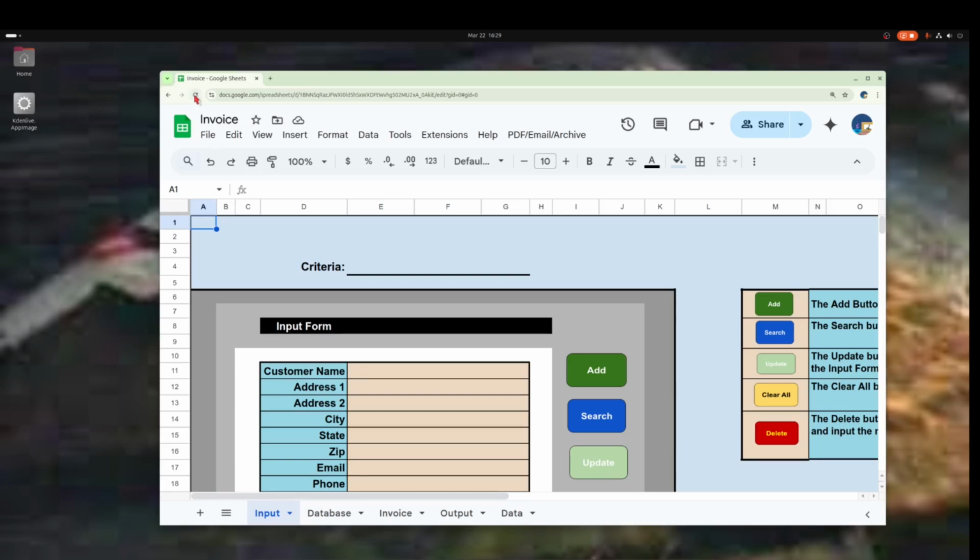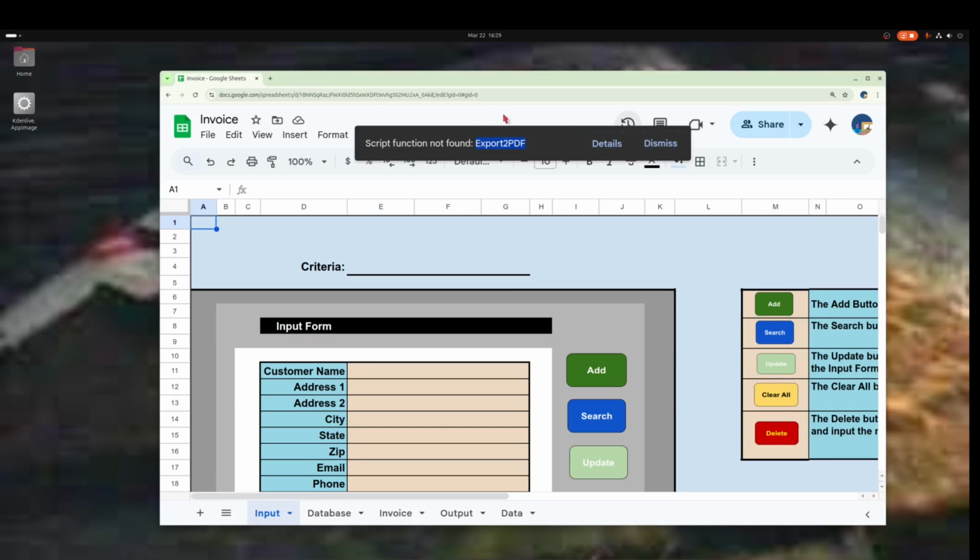Yeah, there we go. So now we have it, and now we have our sub menus here, or yeah, I guess we'll call them sub menus, whatever I want to call them. So we hit process now. Did it do anything? No, because it can't find that function that we named it. Right? So let's go back to our